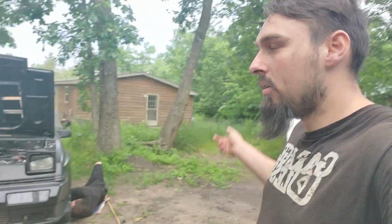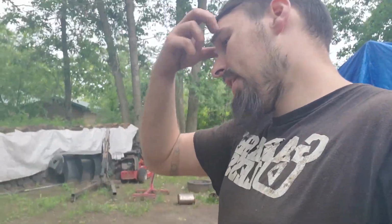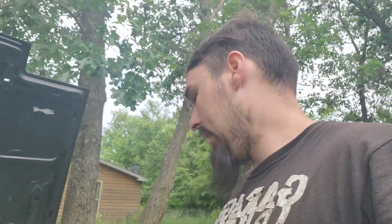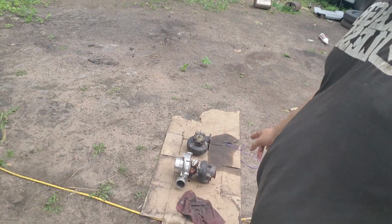Okay, so Paul's over here. He's kind of been working on it for a little bit here. We're trying to track down an oil leak. We're not sure where it's leaking yet, really, at this point. And then the other thing is we are changing out the smaller hot side that we had put on here,